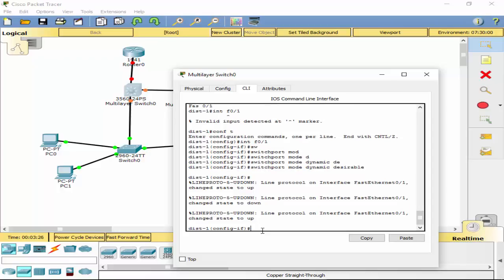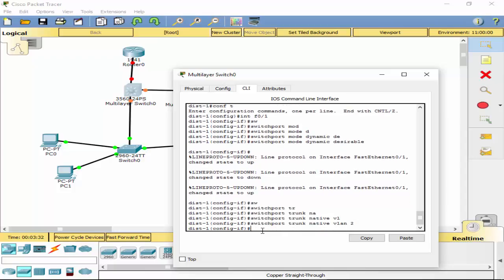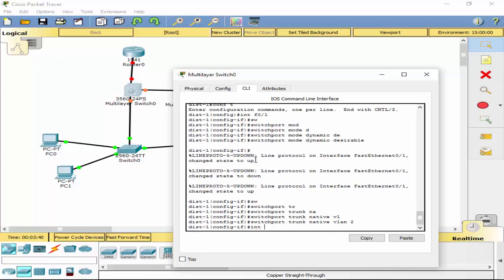We're going to do an actual best practice. So we're going to say switchport trunk native VLAN 2. So we took it away from VLAN 1, and now we're going to go into F0. What was our other one? We can look at CDP neighbors,